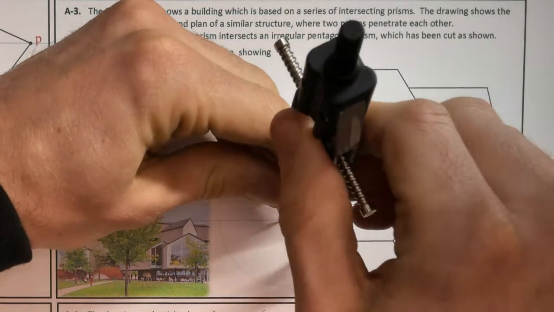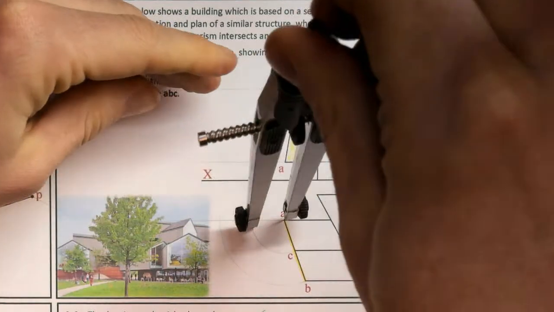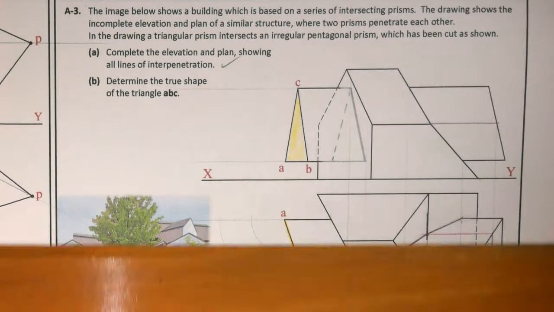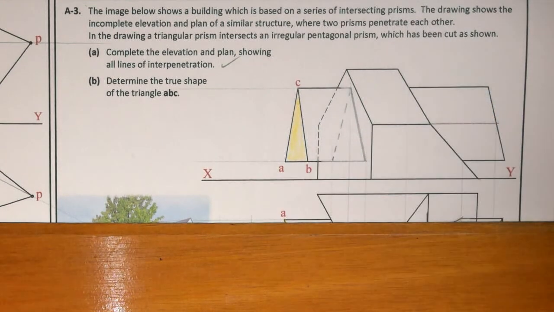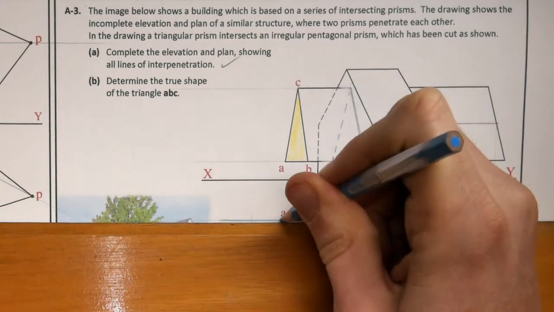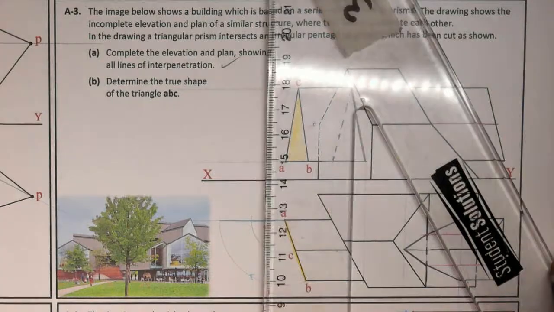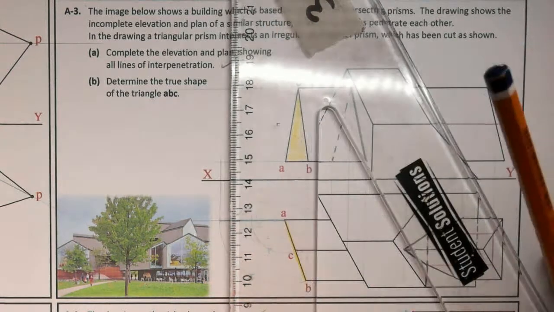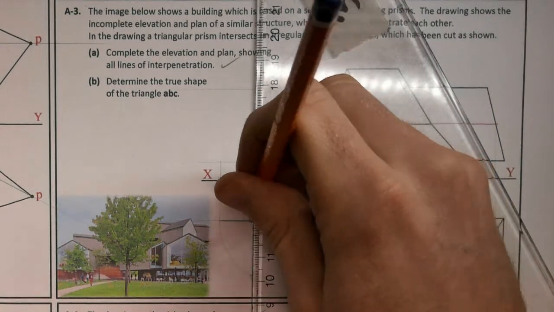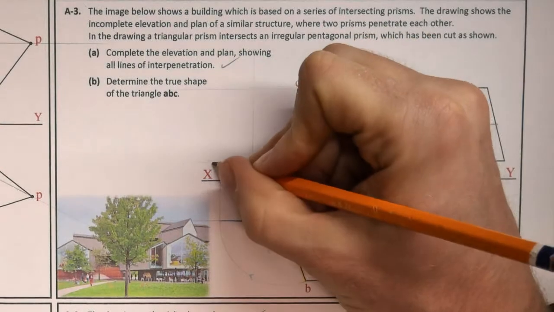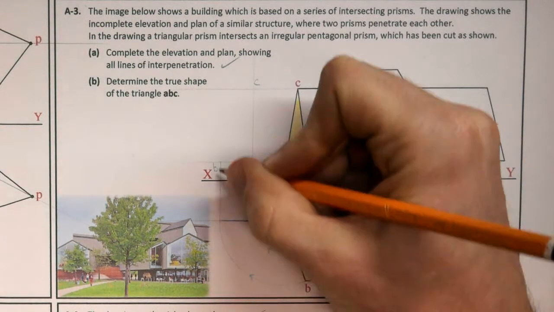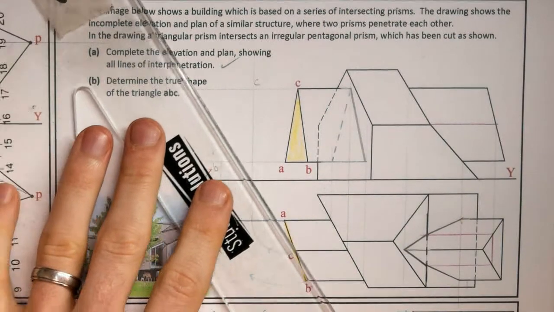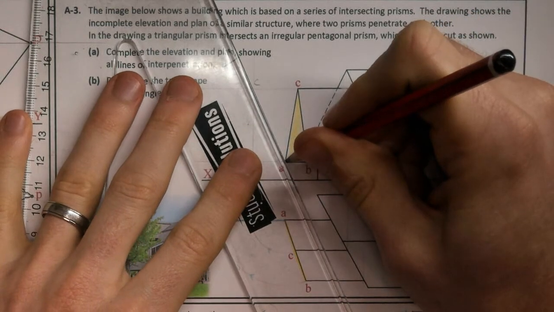I'll take that around and rotate C around. Okay, so they've rotated around, and now A is going to be in this position. I'm actually going to do it in blue this time. So my triangle is now in that position. I project up and project up. So this is my new B, this is my new C. B is rotated around and up in line with B, C is rotated around and up in line with C. So I can draw in my true shape there